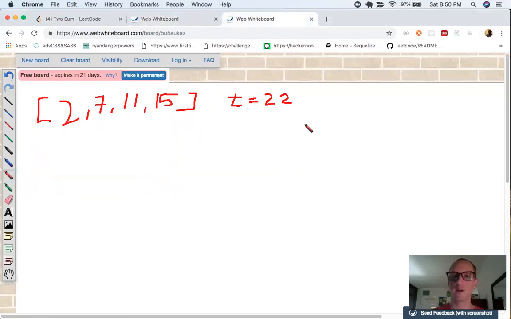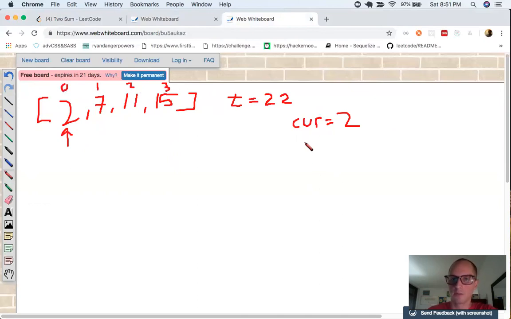Okay, so we have a current value, right? At each spot that we're looking at, we have a current value. And right now, our current value is 2, if we start from this index. I'll just write our indexes up here because we're going to be using them. So we have a current value, which is 2, but we also have the target value,